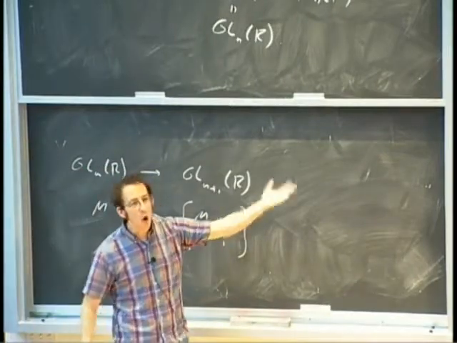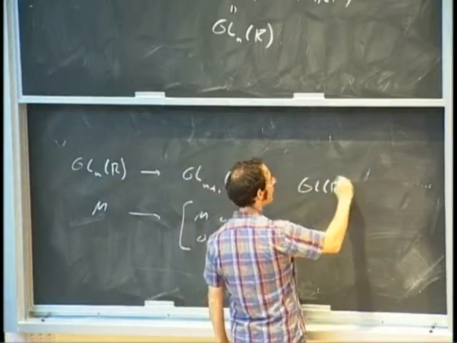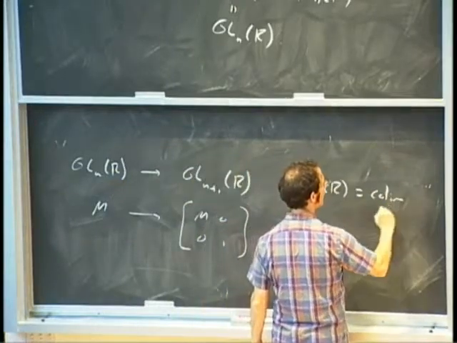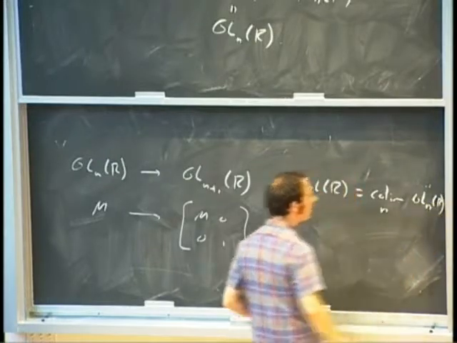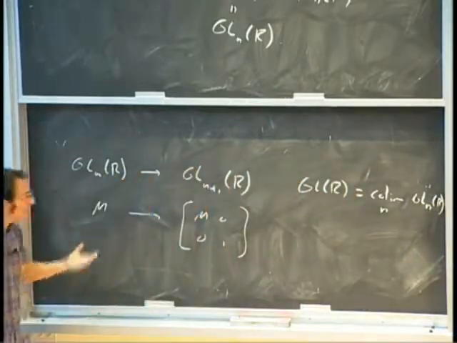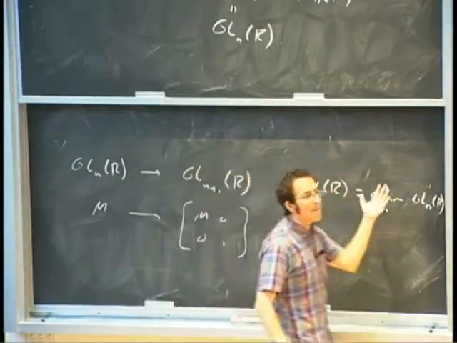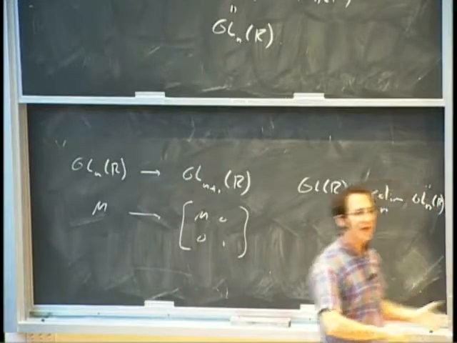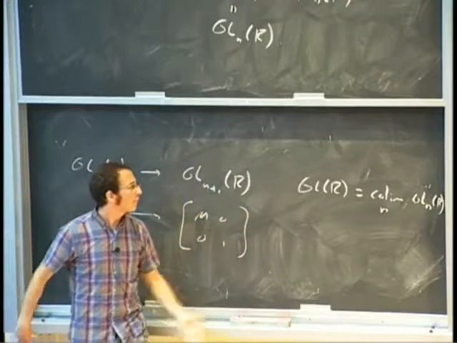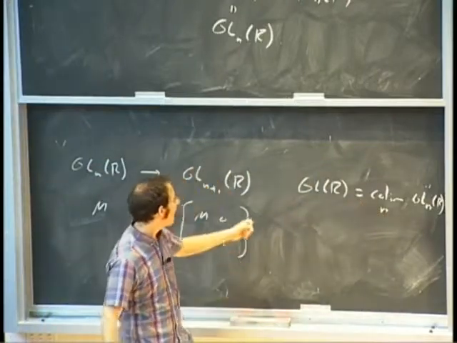And I can take the colimit, or the union over this, and I can define GL(R) equals the colimit over n of GL_n(R). And great, so now I'm thinking about infinite dimensional matrices, or matrices of unbounded dimension, but any particular one came from someplace finite. Right? That's what this means. And again, if you're not comfortable with colimit, think of this as a union. Okay? Now,